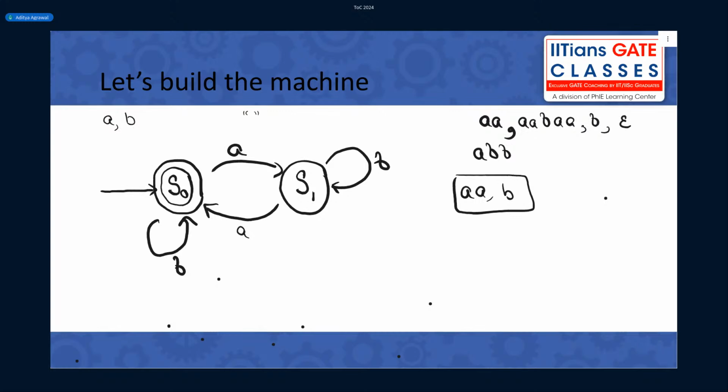If you have, let's say, these two options only to create strings, either double A or a single B, will you be able to create this string?